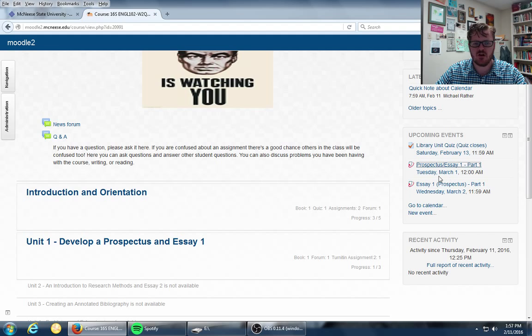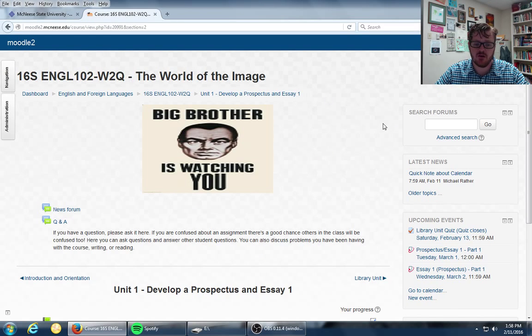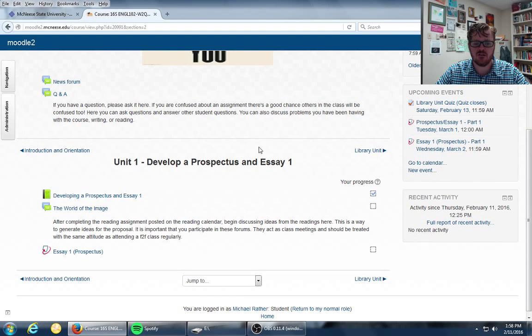This is the actual Dropbox. I'm working on figuring out how to delete it from the calendar. So give me some time on that and I'll try to get that off of that calendar. But where you need to be working, and if you're following instructions in my daily post, is in this developing